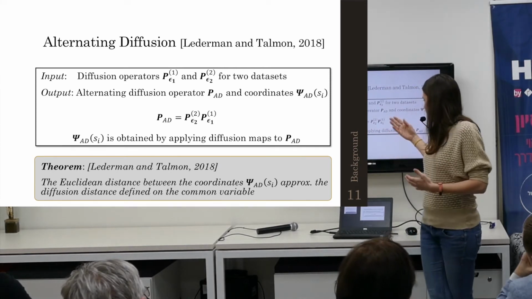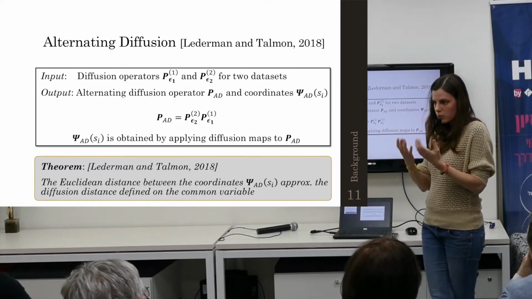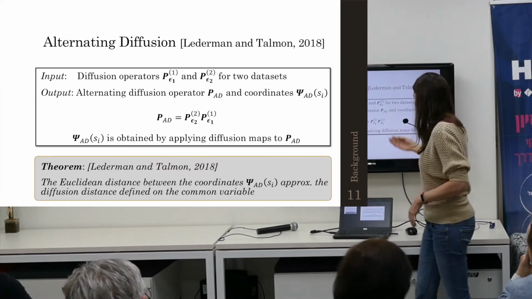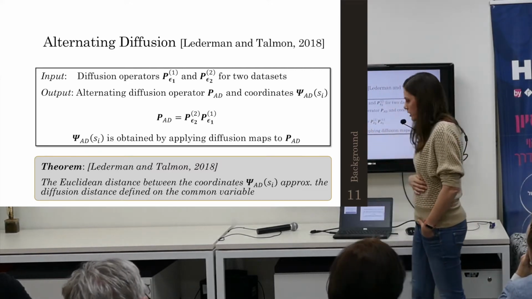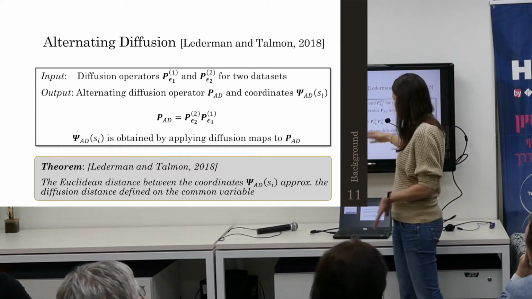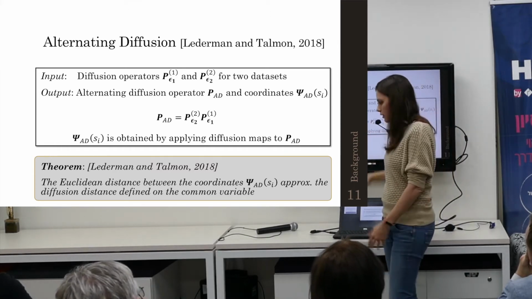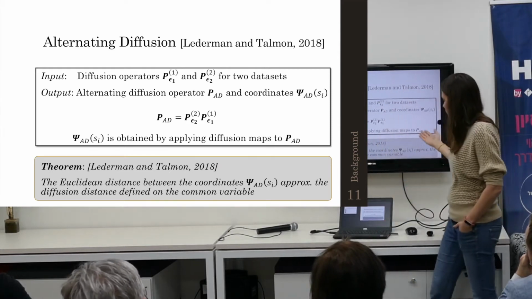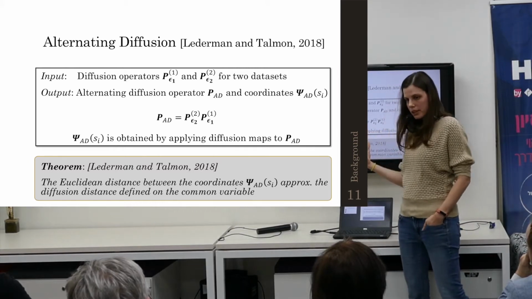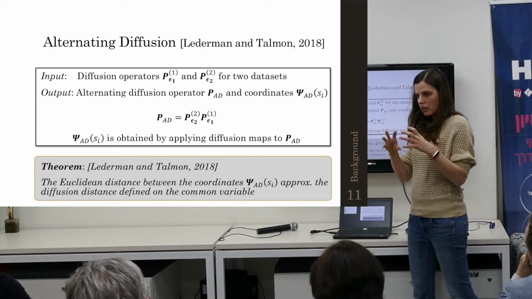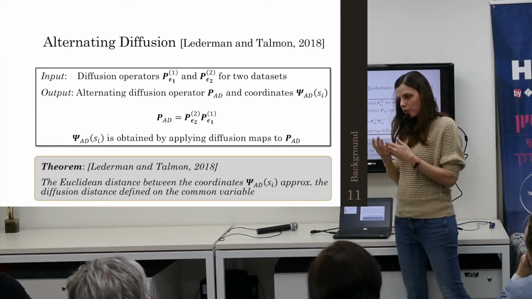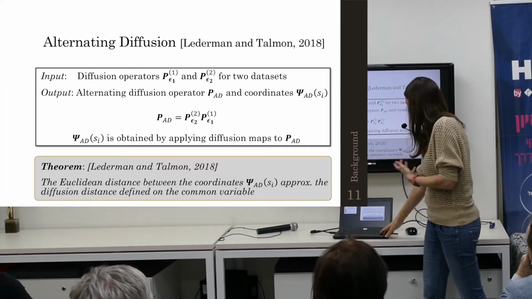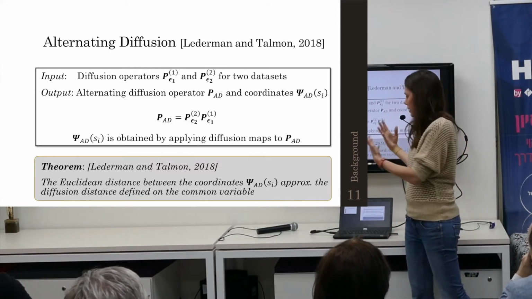In total we get an averaging of the different components, and we are left with components that are common to the two matrices. From this matrix, we can obtain a new representation, not using eigenvalue decomposition because it's not symmetric, but a slightly different method. What they showed in the paper is that the Euclidean distance between this new set of coordinates approximates the diffusion distance that we would have obtained if we had access to a common variable in the two data sets. So we don't know what's common to the two data sets, and we extract it in a